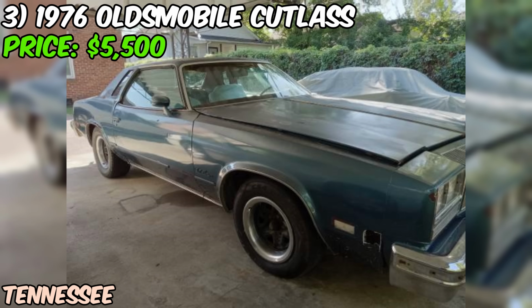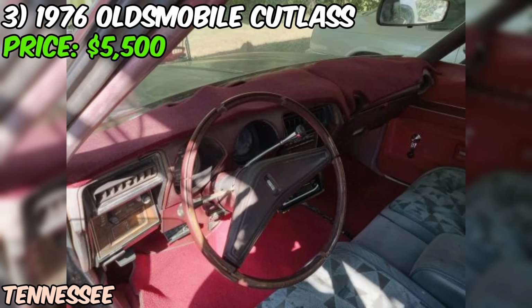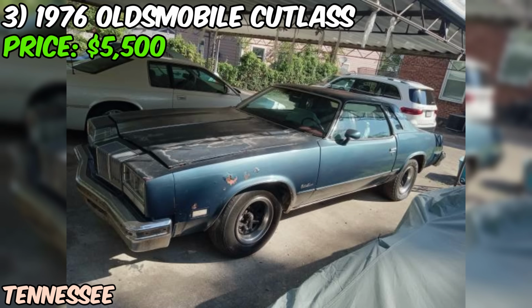Now, I've got to be straight with you. At this price point and age, you're likely looking at a car that might need some TLC in other areas. While the seller doesn't mention any mechanical issues, it's always wise to expect some work with a classic car like this. But here's the thing. For $5,500, you're getting a solid piece of American automotive history. The Oldsmobile Cutlass was a popular model in its day, and this '76 with its Rocket V8 represents a great